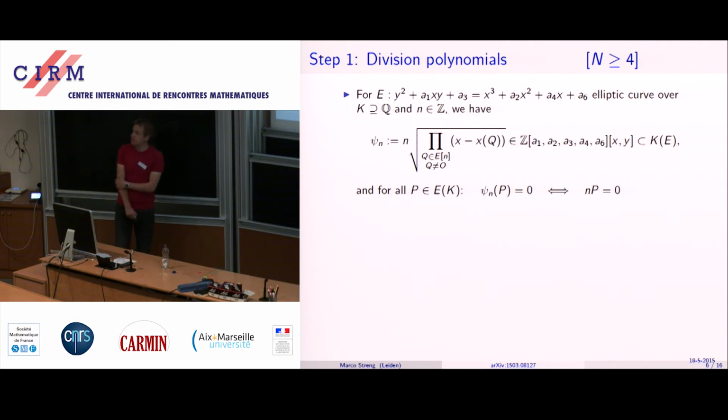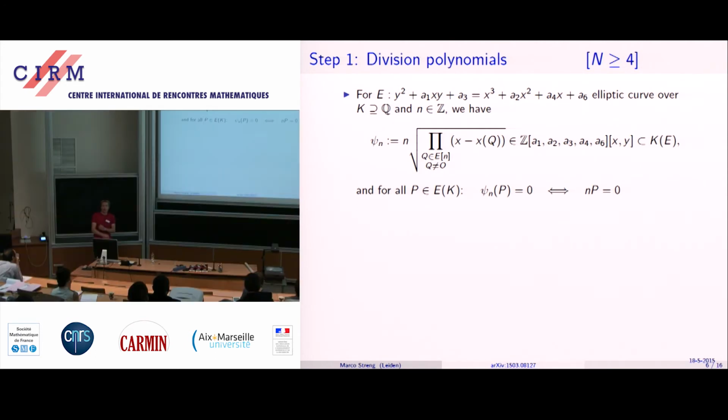Okay, the first step towards proving this is looking at division polynomials. These are division polynomials that were also in Drew Sutherland's talk in the previous half hour. So if we take any general Weierstrass equation, E, let's say it's smooth, so it's an elliptic curve, over a field of characteristic 0, and we take any integer n, then we get a polynomial psi n, which